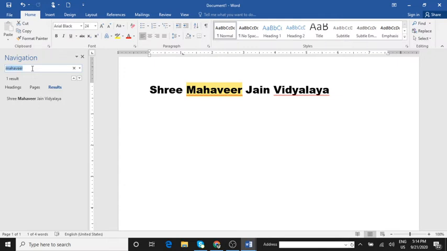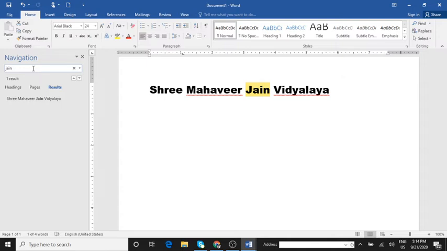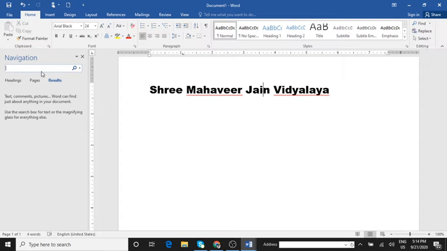So that Mahavir which I have typed is highlighted. Now I'll type some other word. Shall I type Jain? See, can you see that which is being highlighted? Did you see, children?